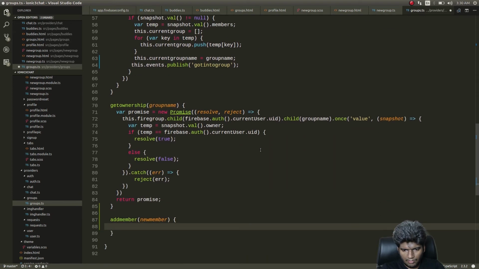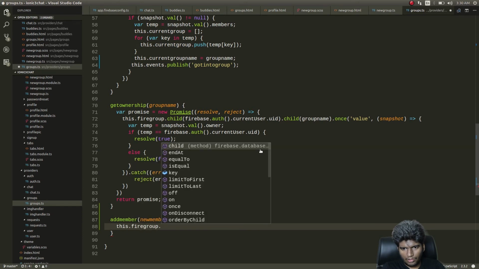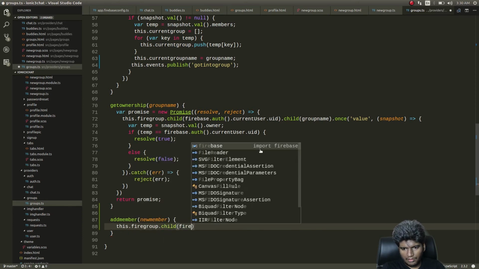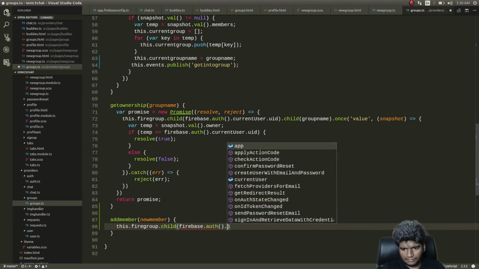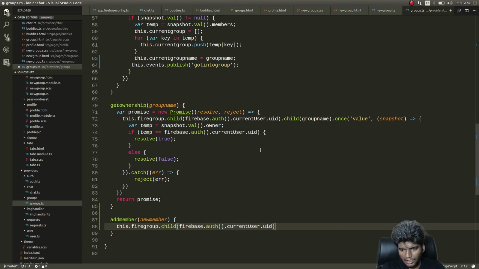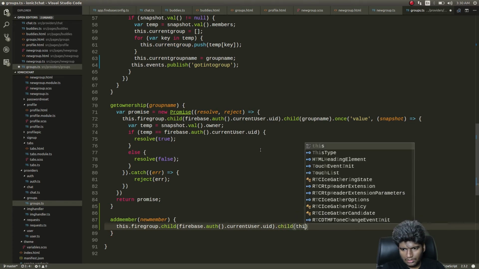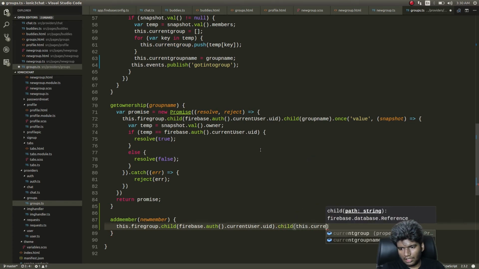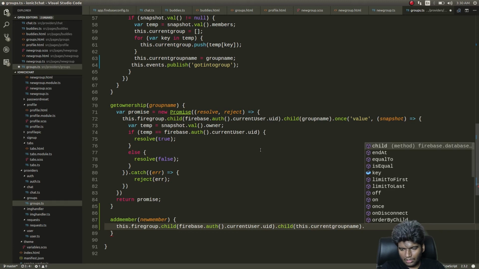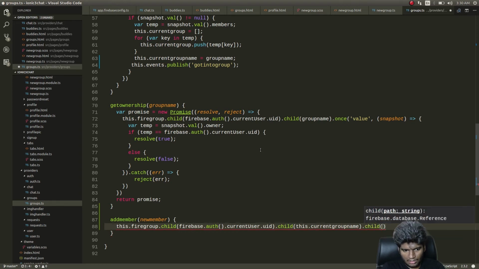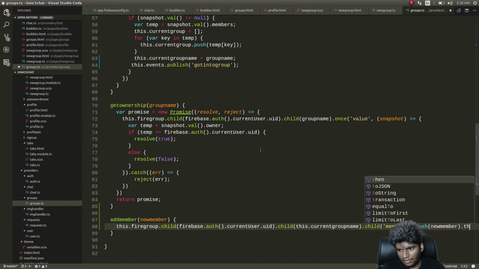And then add member, this dot what was that, fire group, right? Fire group dot child firebase dot auth dot current user dot uid dot child, this dot current group name dot child members dot push new member dot then